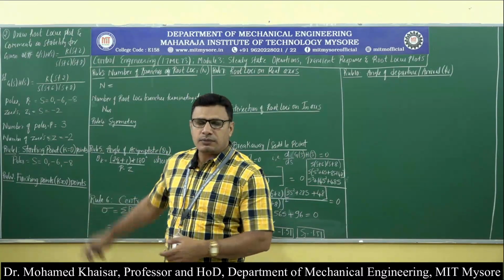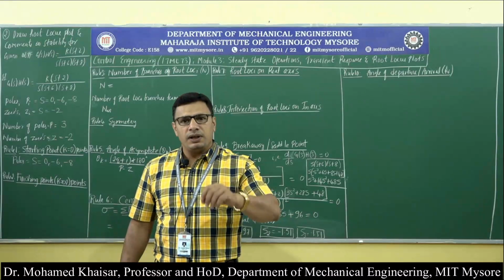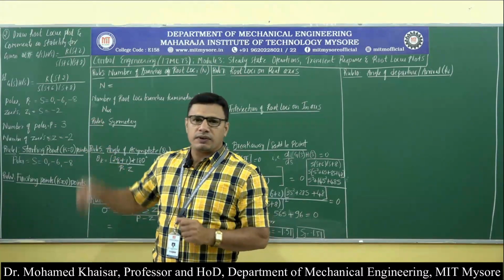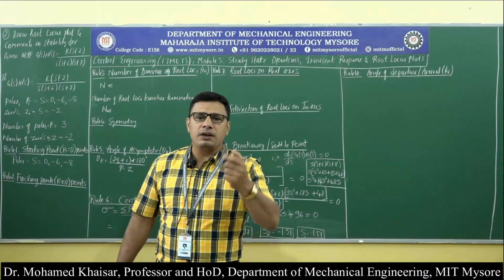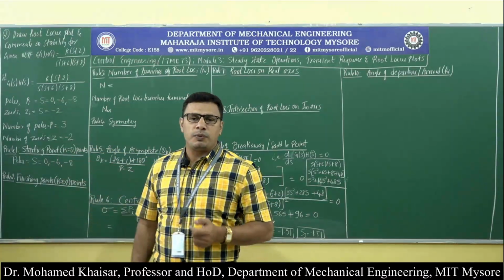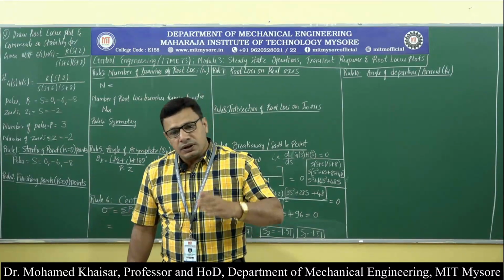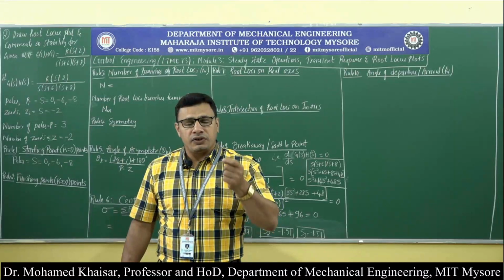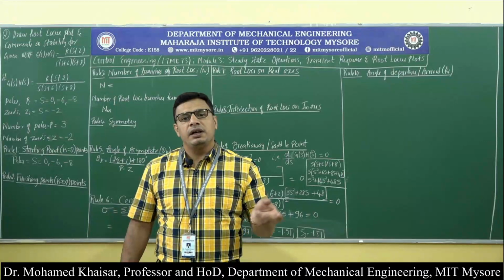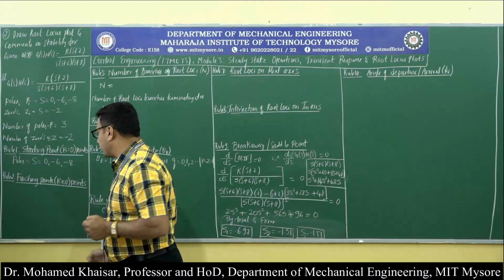And in the given problem there is only 1 zero, that means one of the starting points will lead to one of the branches of root loci that is going to terminate at the zero that is given in the problem. But what about the other 2 branches of root loci which are starting from 2 of the 3 poles that are given to us? In that case, the other 2 branches are said to be terminating at infinity, and those zeros are called infinite zeros. That is criterion one to be knowing.